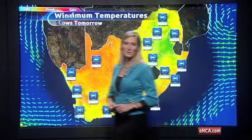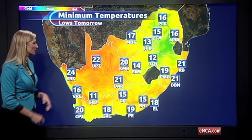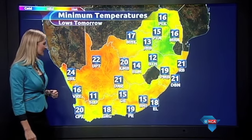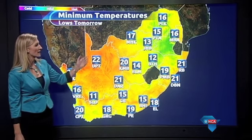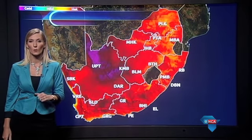Overnight, you'll see those warm temperatures over the western half of South Africa, with a minimum temperature of 22 degrees for Upington, Springbok only dropping to 24 degrees overnight. 20 for Kimberley and Cape Town, 18 degrees for George and East London, 21 along the east coast. Quite cool though for Johannesburg and Bethlehem at 13 and 12, and we head into the mid-teens for Polokwane, Pretoria